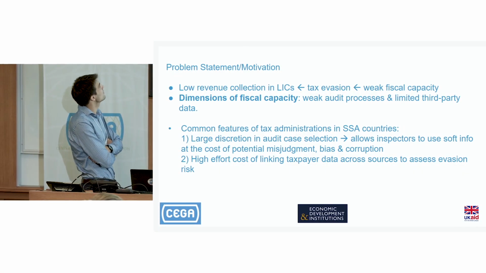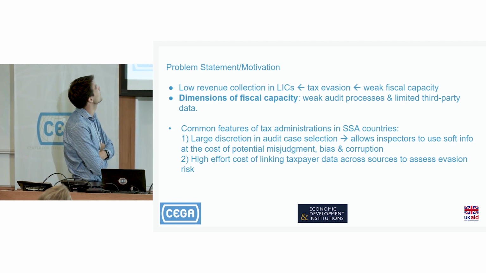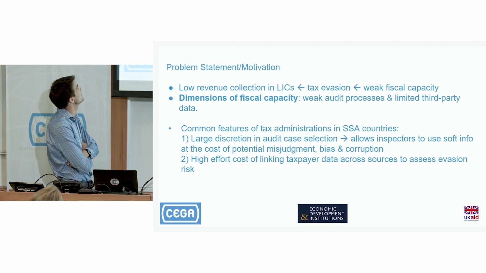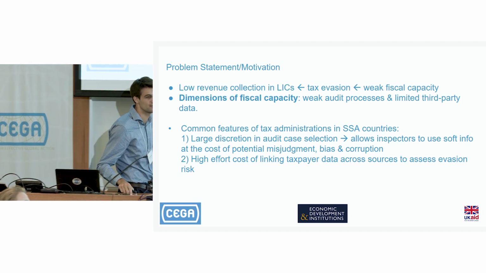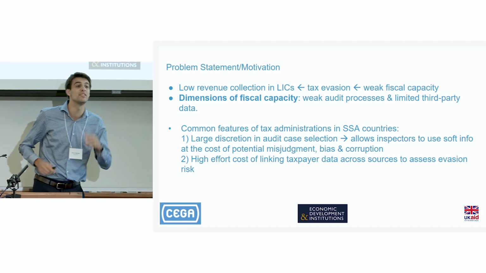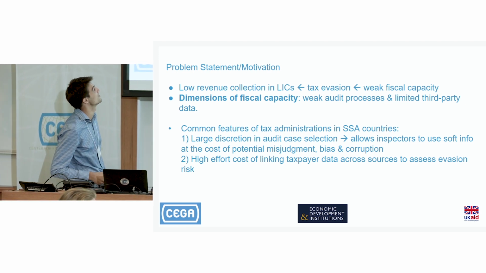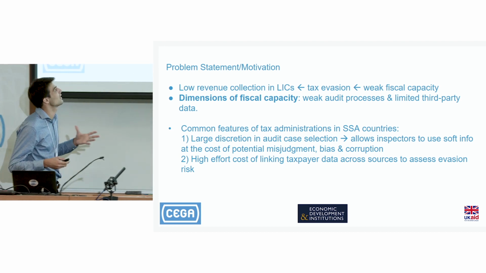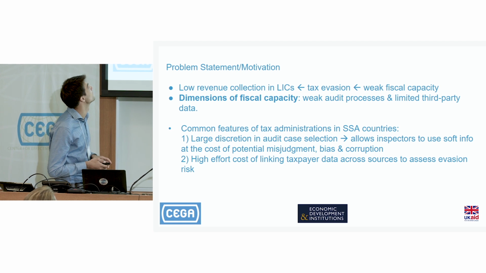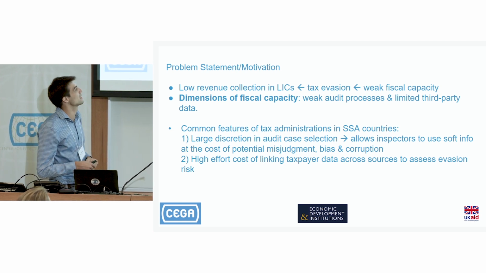So this project and the ones in this session are going to be concerned about taxation, and I think we're all facing the same challenges in low-income countries, which is that of low revenue collection. Roughly, the stylized fact is that developing countries collect 15 to 20% of GDP in taxes versus OECD countries at 35 or 40%. And so the main explanation in the literature has been that of weak fiscal capacity that enables tax evasion. And two dimensions of fiscal capacity, and maybe two of the central dimensions, are